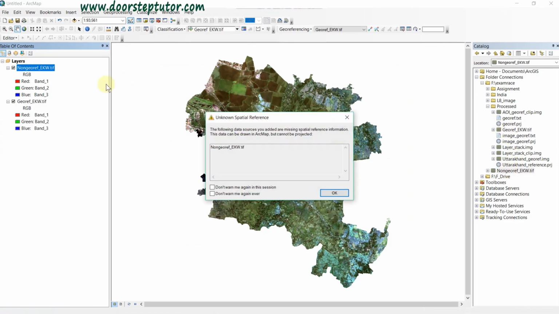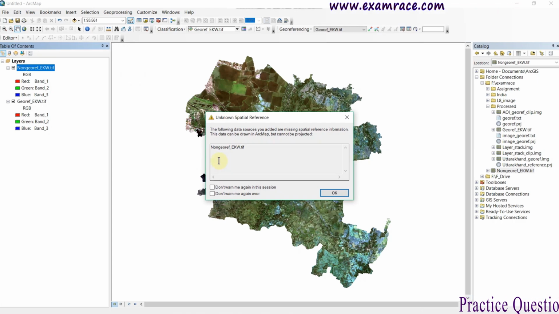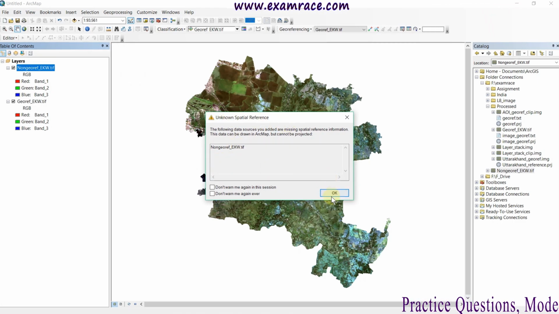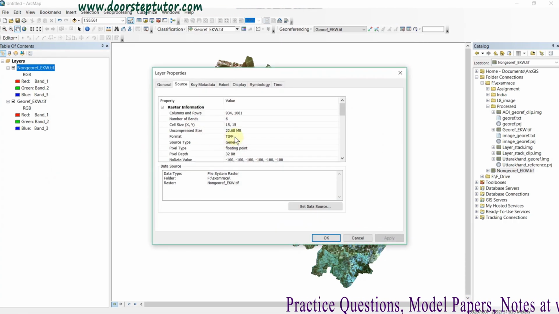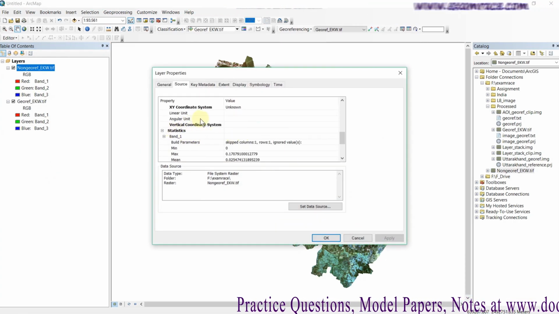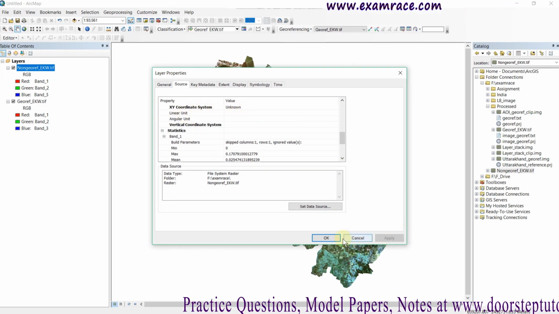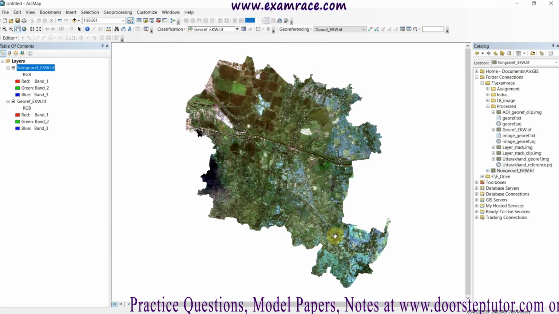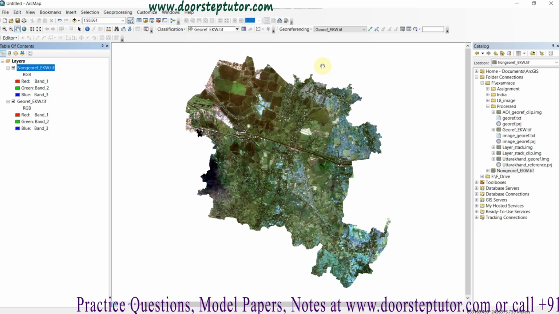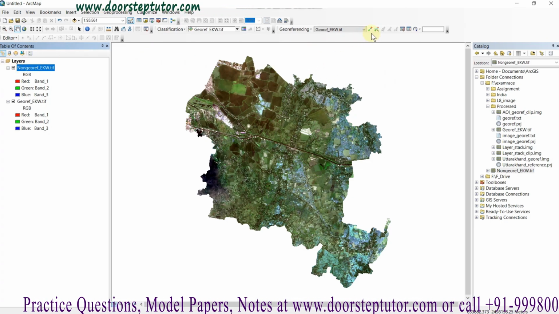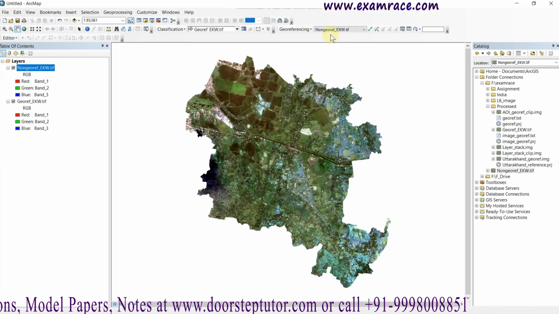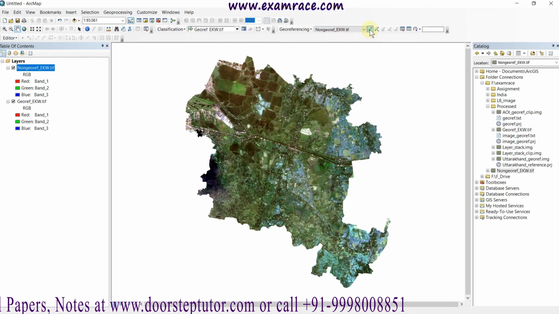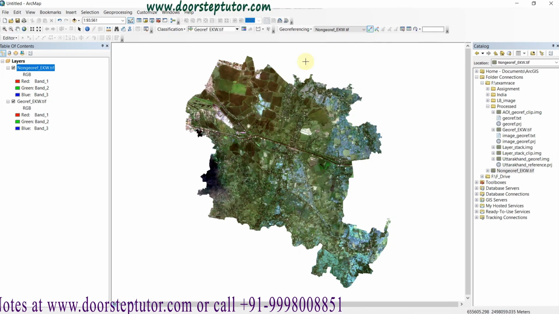This is the same image, but this image contains no coordinate within it. Unknown spatial reference system you can see here, and also you can verify by going to properties, that the XY coordinate system is unknown. Okay, now I am going to georeference it. So what image am I going to georeference? The non-georeference one. So you just need to select from the toolbar the non-georeference image. Now I am going to georeference.